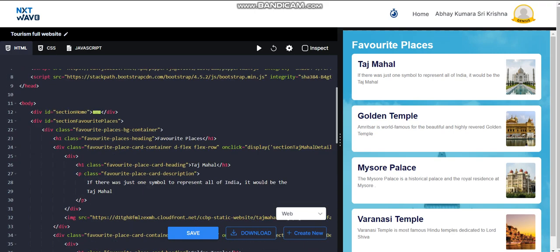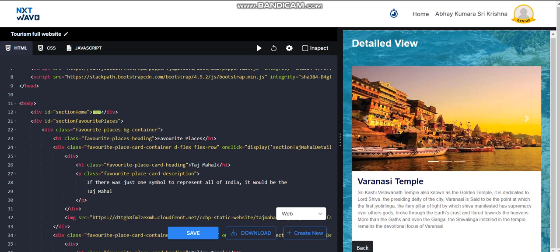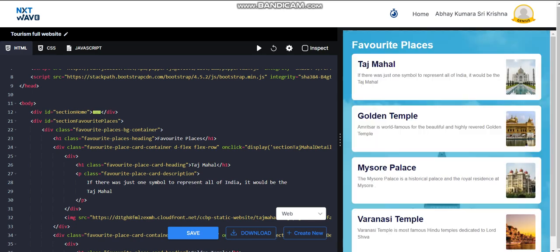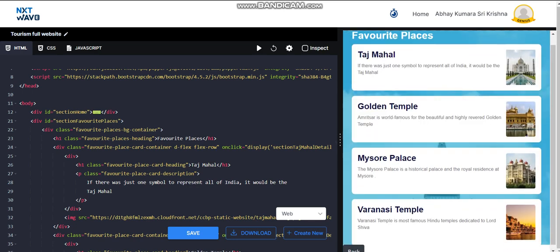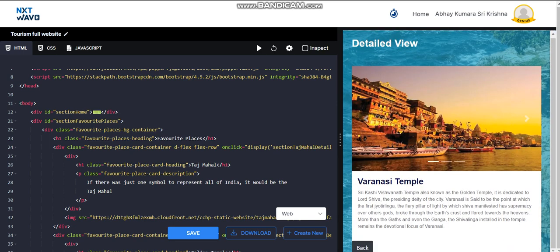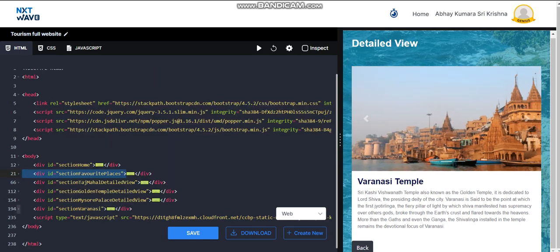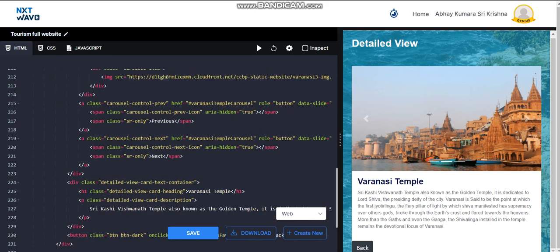Now then, coming to the back button, as you can see here, when I press back, we are coming to the favorite places. So here we need to add the back button in the detailed view page of Varanasi Temple. In this section I am showing you, let's jump to the Varanasi container element.